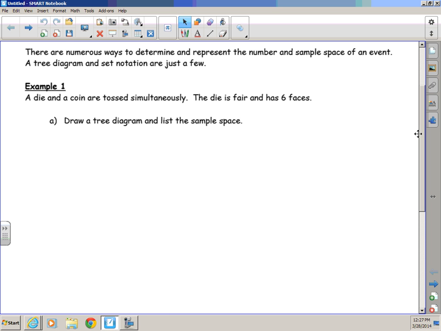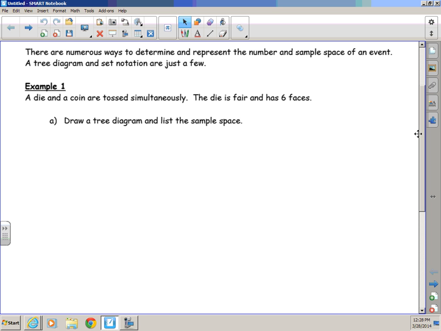They are helpful because knowing the sample space or the number of possible outcomes is sometimes not sufficient, and a tree diagram is a good way to help visualize what the possible outcomes are so that it's easier to determine a probability. Okay, so example one, and I know you're all pretty much familiar with tree diagrams, but let's just go